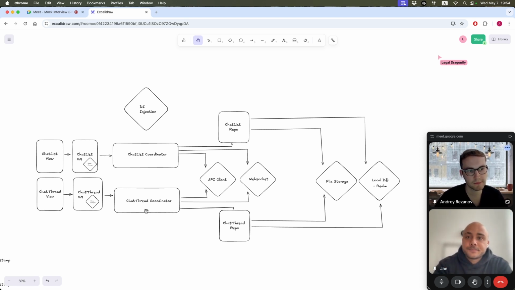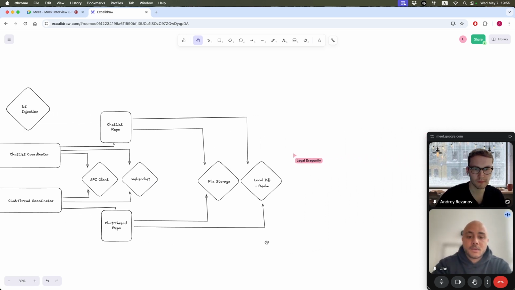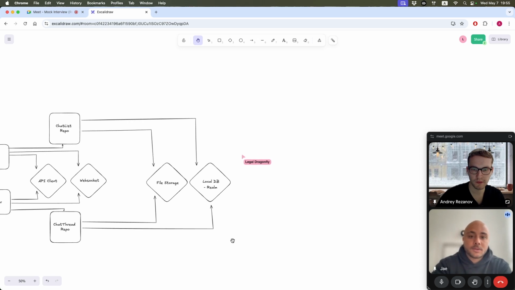Yeah, makes sense. I think we forgot about the interface for the chat thread coordinator, right? I'll draw out some quick interface over here on the right just to give an idea of what it would look like. So I'd have a, let's just say we'll do a protocol. We'll just do the class chat thread coordinator. We have chat and